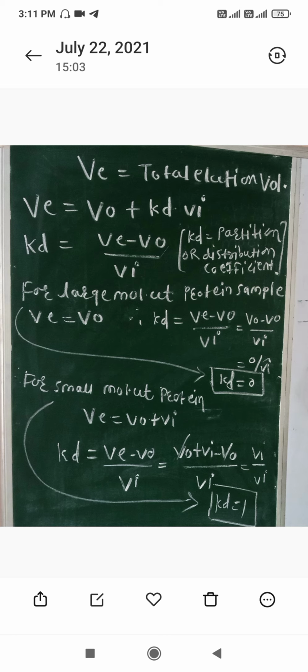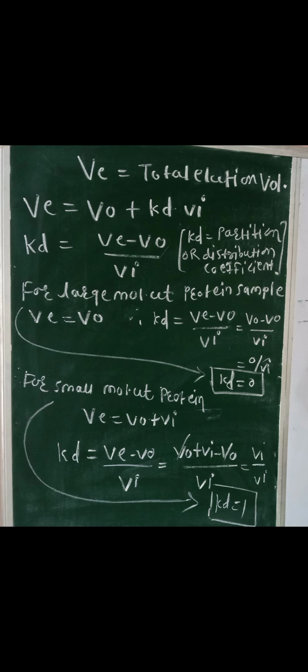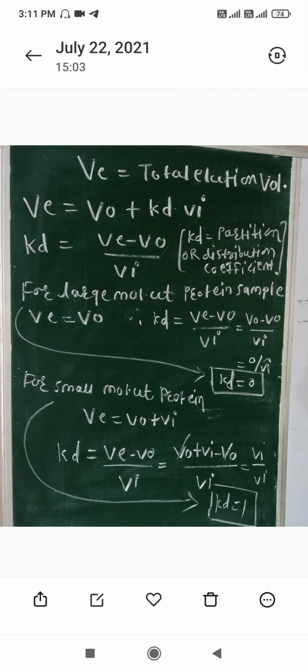So in this topic, the working of gel filtration column chromatography, or how the mobile phase is experienced by the small molecular weight protein as well as the large molecular weight protein, is taken into consideration. For the large molecular weight protein, it is very easy because they are present outside the gel beads. So the volume of the mobile phase present along with the large molecular weight protein is near to VE. So VE is equal to V0.